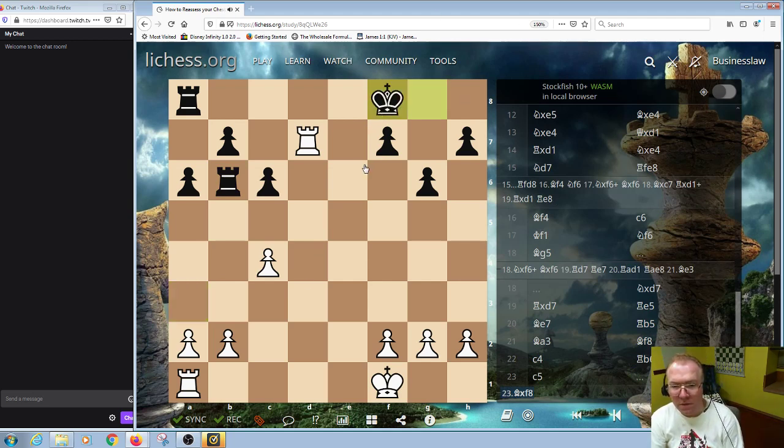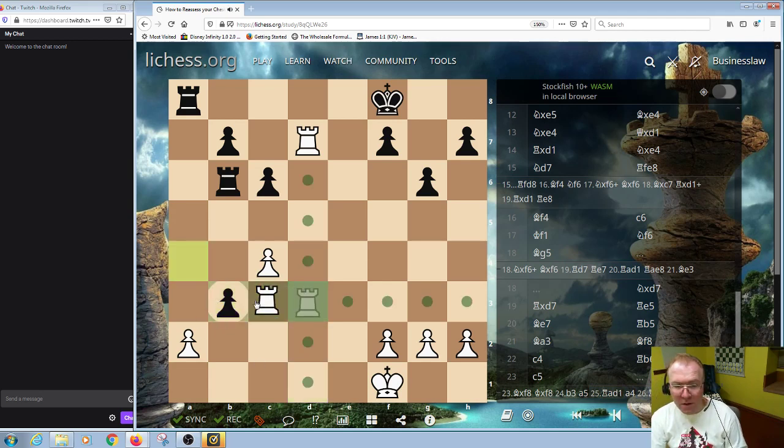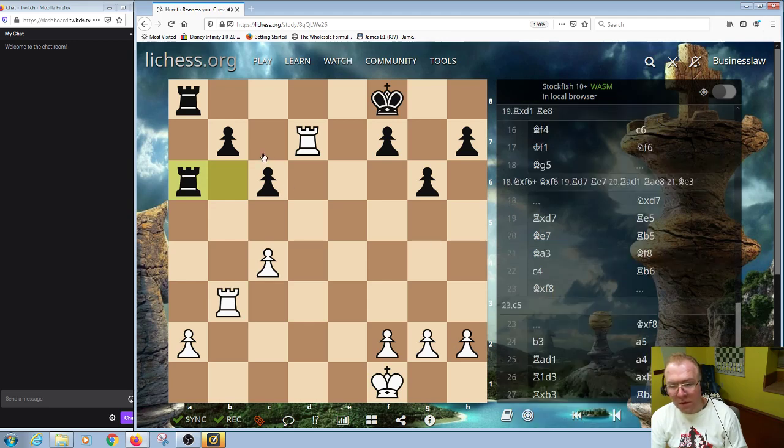Then king takes, b3, a5, rook a, c1, a5, and then rook, there we go, bd1. Takes, and then rook, instead of pawn takes, rook takes a, then aa6, not a, ba6, aa6,